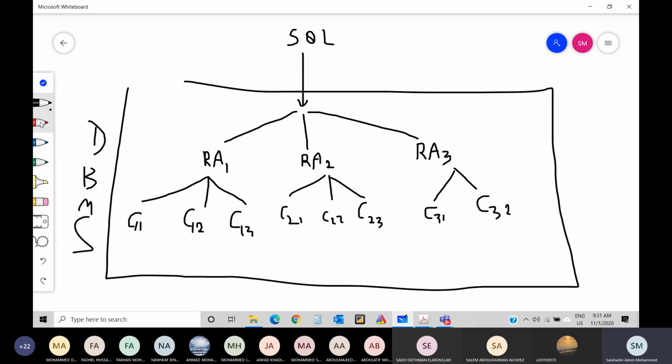Now, the DBMS is very smart. For this one, I may use this implementation, because it has to use one of them. You will get the same output whether you use this one or this one, so it will choose the best one, the fastest one. For this one, maybe it will say this is the fastest, so I will choose this one. Then for this one, maybe I will use this one. All these decisions are done by the DBMS.